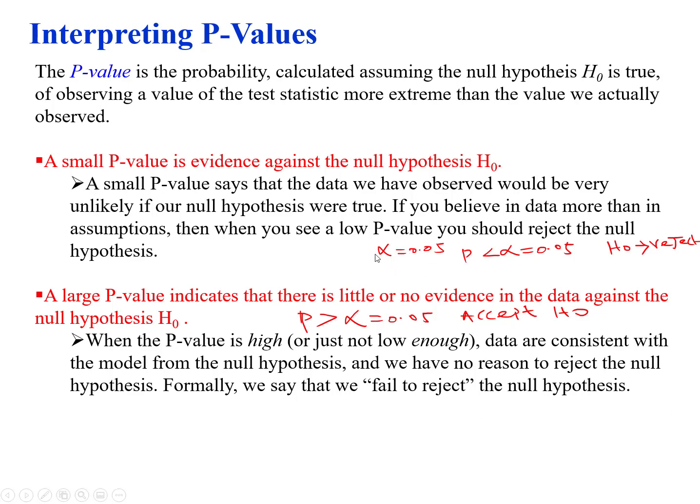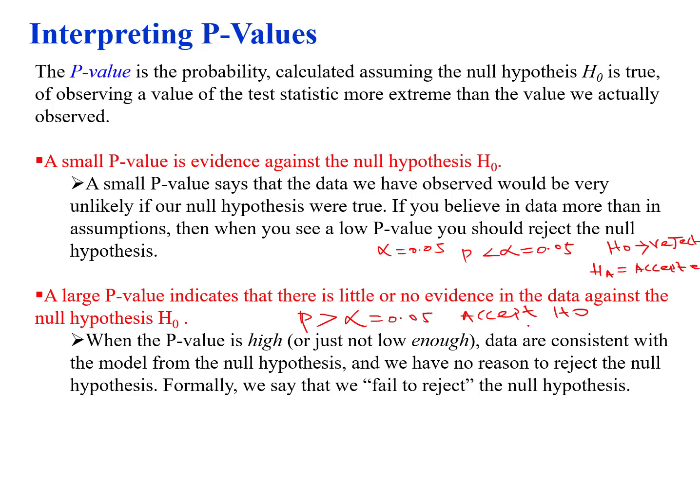Now, alpha, the level of significance, I will discuss in great detail later, but at this stage I just want to show you what the p value does. If the p value is less than the level of significance alpha, where alpha is the type 1 error, the portion of defective, for example less than 0.05, we will reject our null hypothesis. In this case, we will accept the alternative hypothesis.